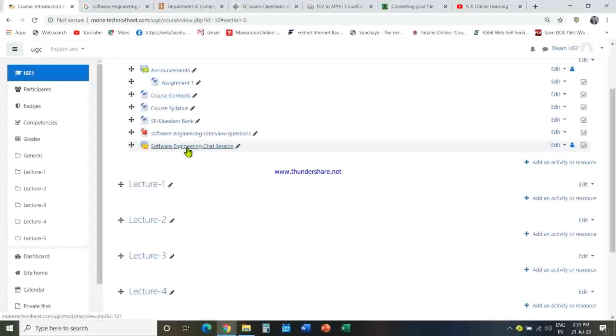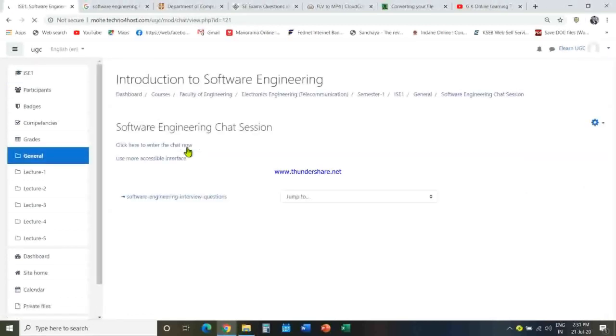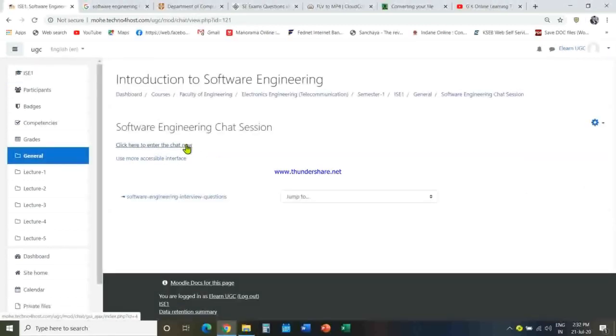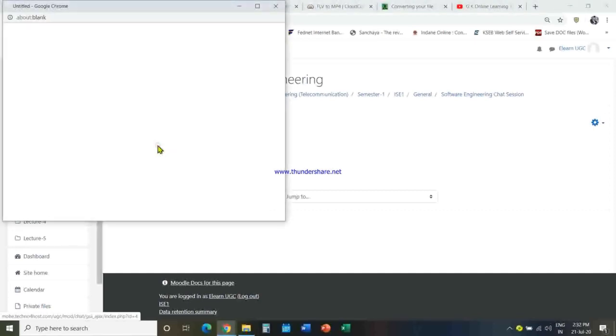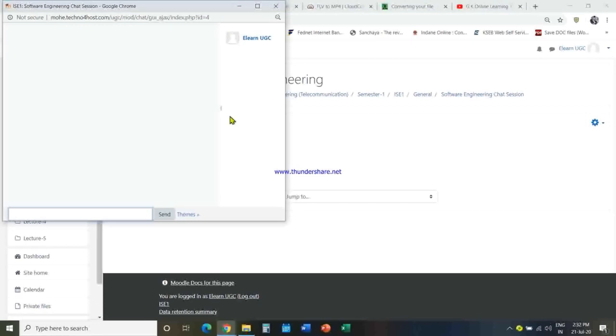Now the software engineering chat section is displayed over there. Now if you want to chat, just click on the software engineering chat section. The software engineering chat section will appear. Here click to enter the chat now. If you want to chat now, you can click on the particular link. So the chat window will appear. There you can start the chat.